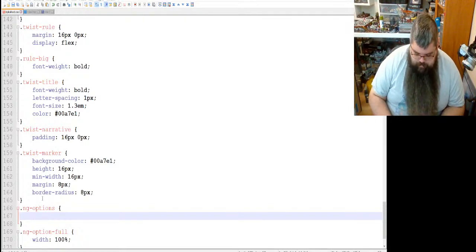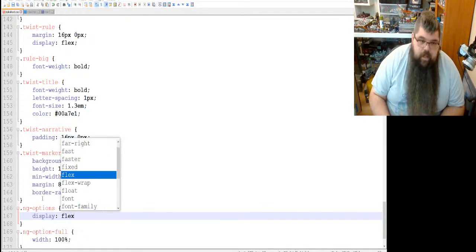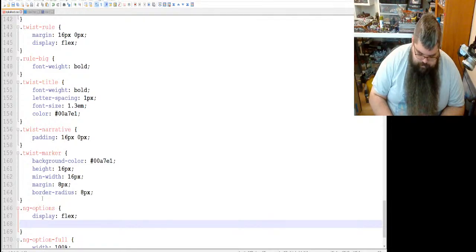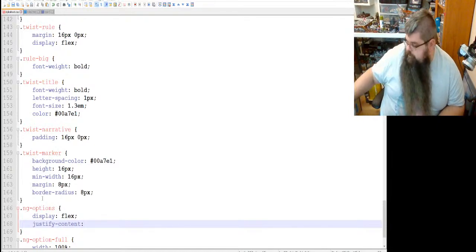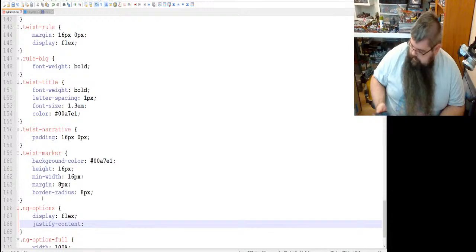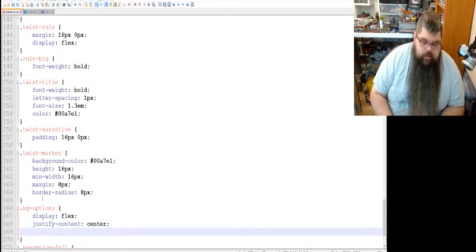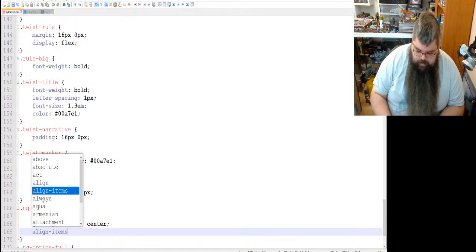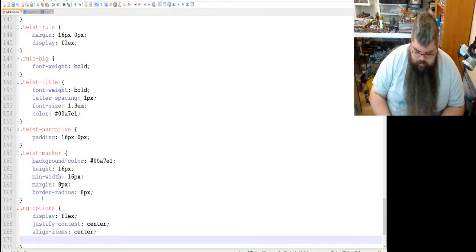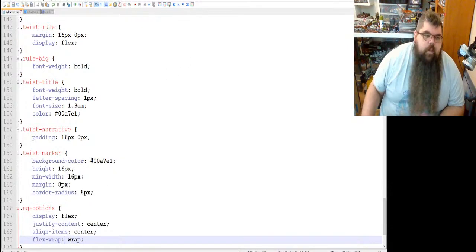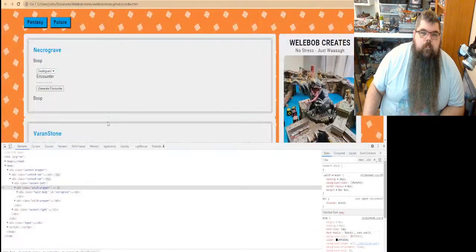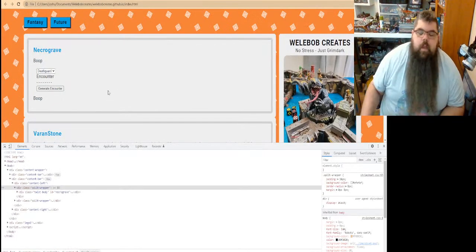And this guy here, we're going to invoke flex grid like we did everywhere else on the site, and we're going to say display flex, and we're going to say justify content, and we're going to check that to make sure the screen's not freaking out. It's not. Center, align items, center, and flex wrap. All right. Boom. Okay. Cool.